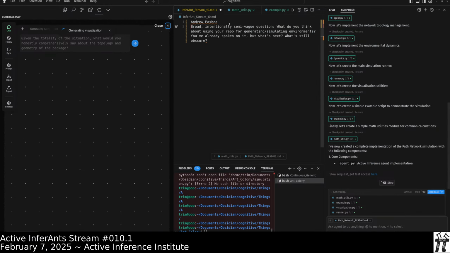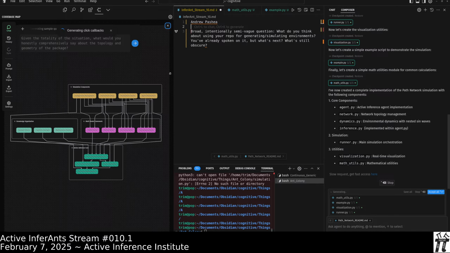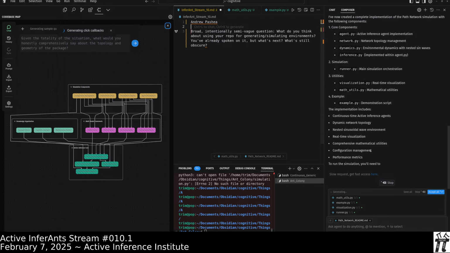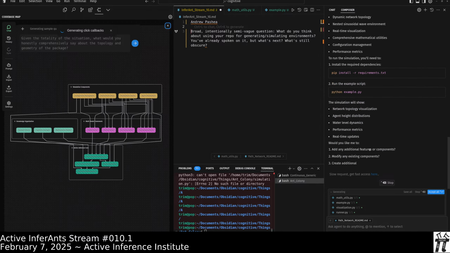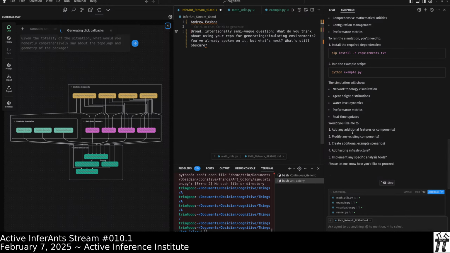So, jump through that. Okay. Well, let's look at first CodeViz. Okay, path network looks like it's basically done. So, let us... Okay, it still is generating in CodeViz.